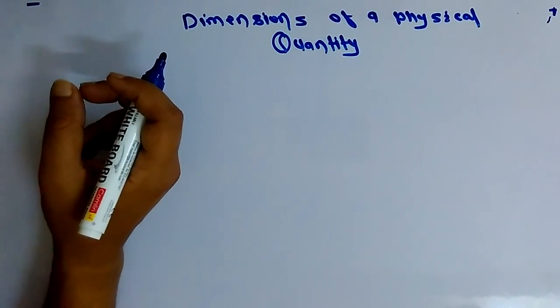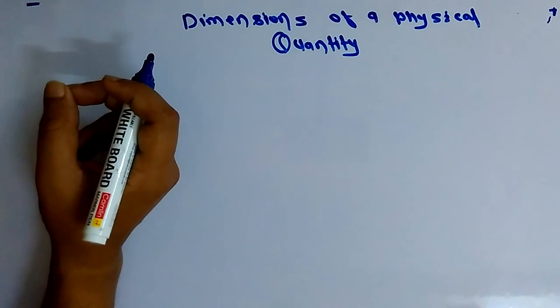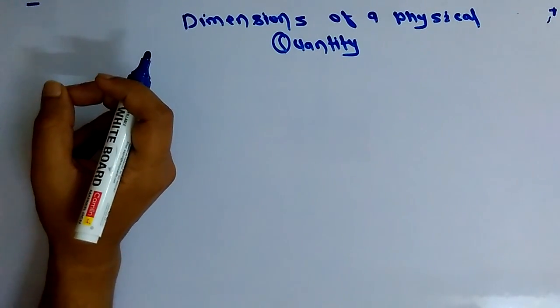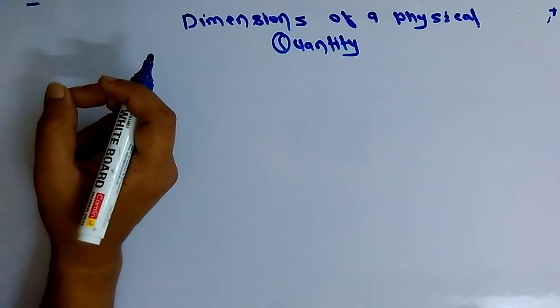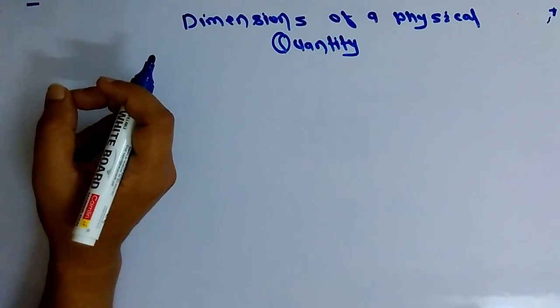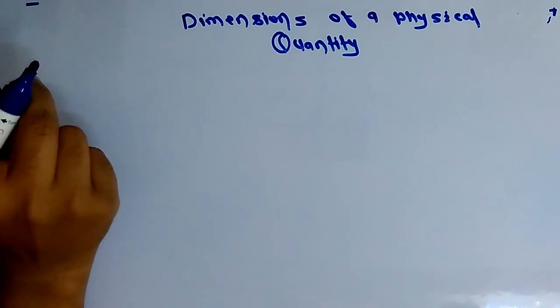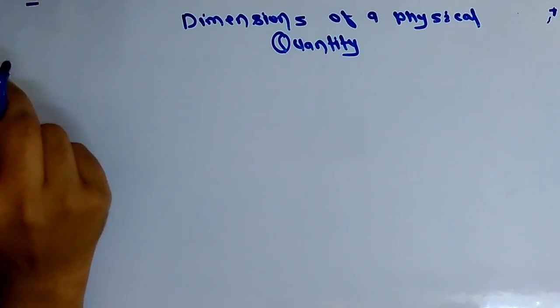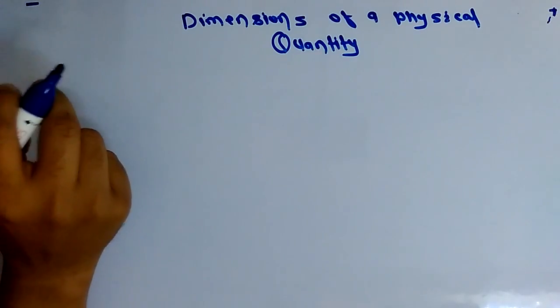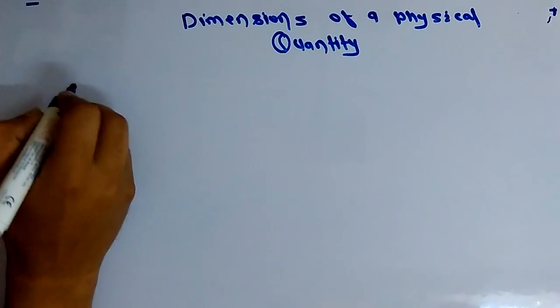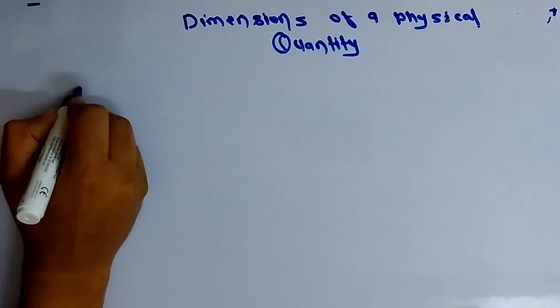Today we will see what dimension stands for. Whatever derived quantities we are talking about are expressed in terms of fundamental quantities. So which fundamental quantities come in, and how many times, in a derived quantity